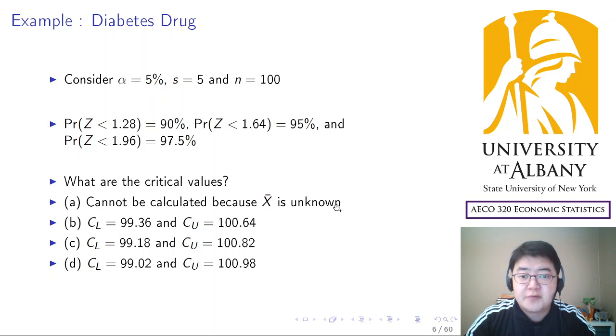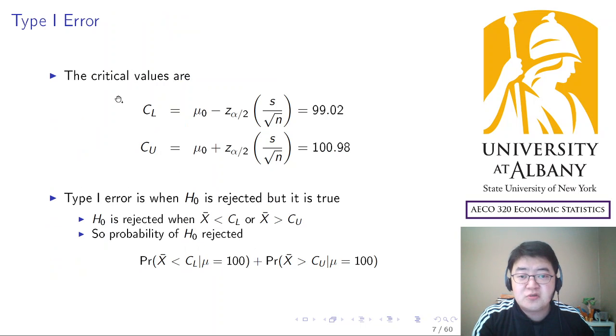So critical values, by the way, do not require the sample mean because we are going to compare the critical values with X bar. So when we calculate the critical values, X bar is not required. So the answer is one of these three. And according to the formula,